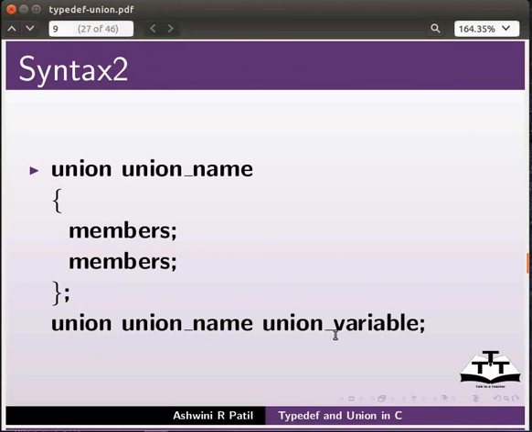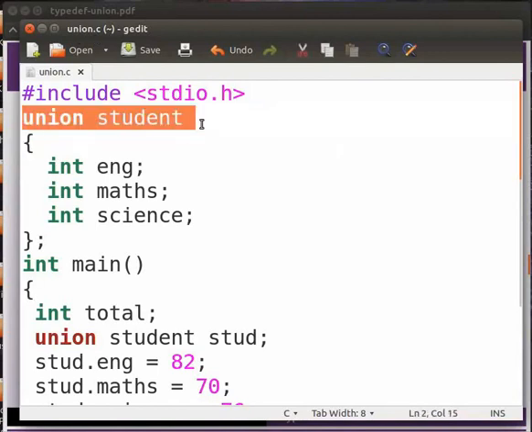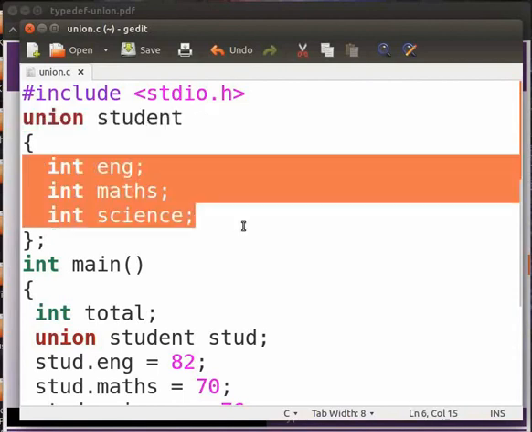Let us see an example. I have a code file. Let us go through it. Note that our file name is union.c. We have declared a union named student. Here we have 3 variables: english, maths and science.